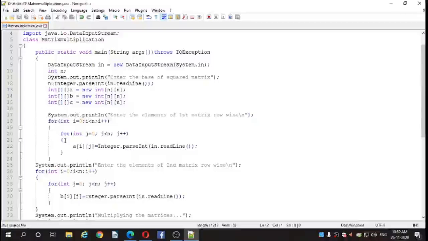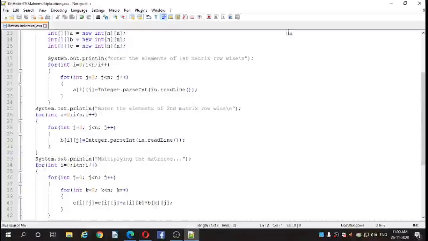Inside the for loop, we have another for loop, the j for loop: for int j equal to 0, j less than n, that is the limit of the column, j plus plus. We are reading the elements of the first matrix and storing them in a of i and j, that is the row and column of matrix a. With the help of Integer.parseInt, we are converting from string type into integer type.